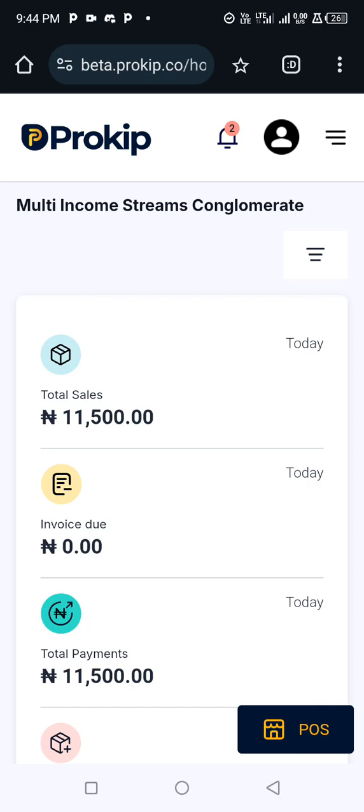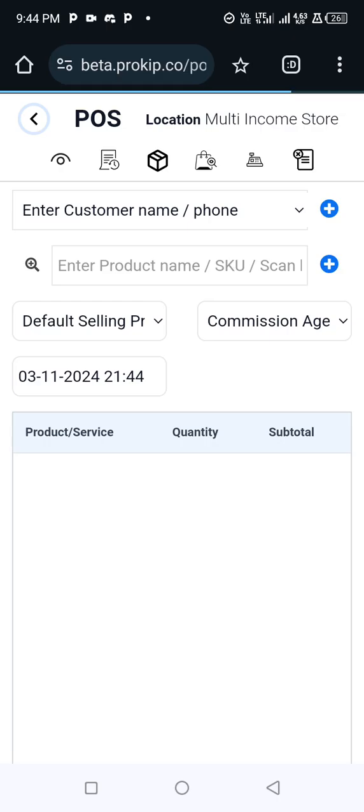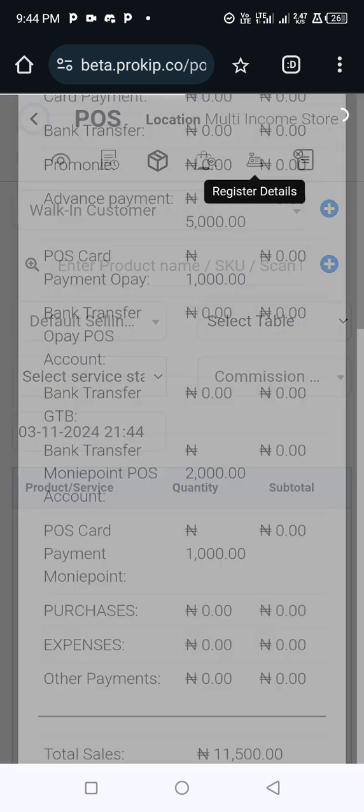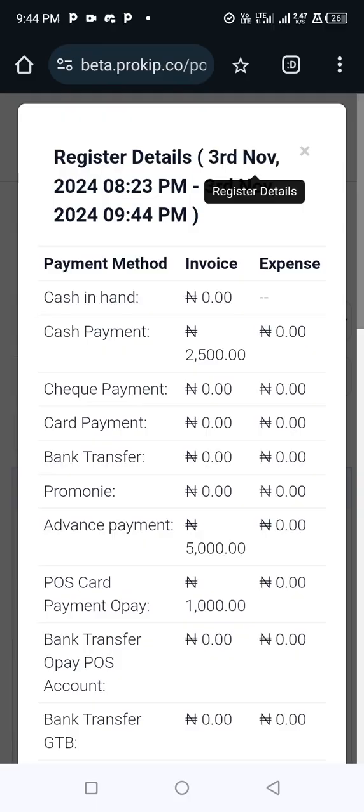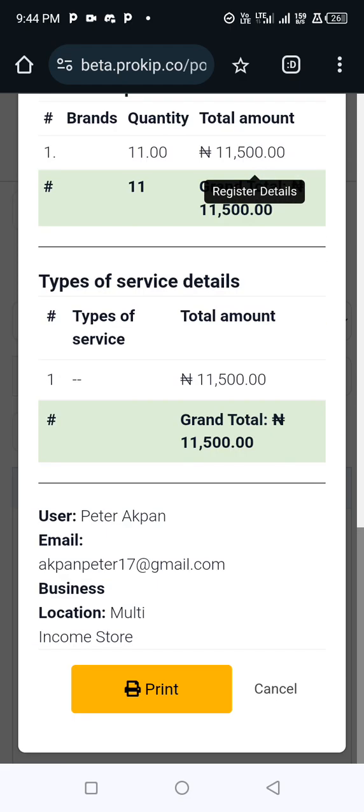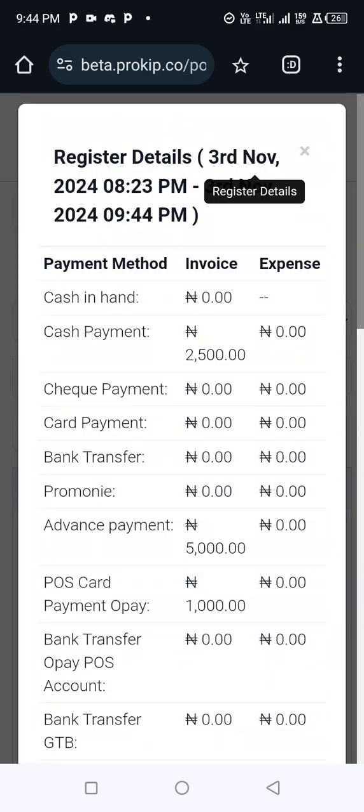So to balance your books, you click on the POS button. Then the second to the last button to the right will give you register details. This register details shows you the summary of transactions done for the day, assuming you close your register the previous night. The register shows you